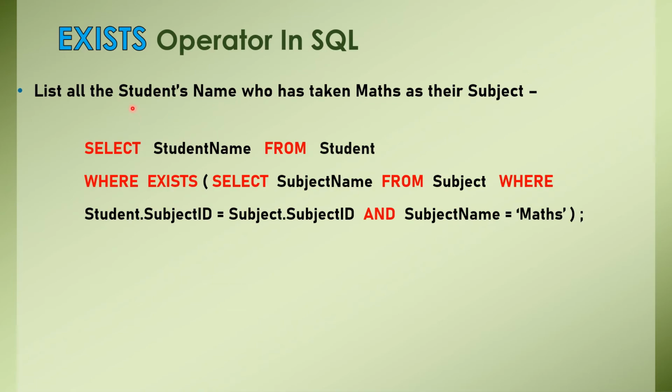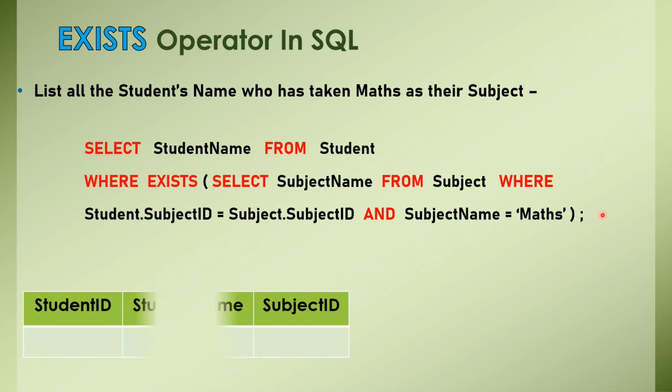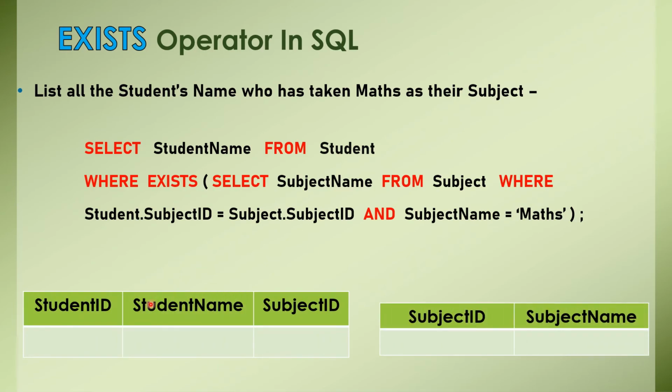Let us understand what the schema for these tables is. Without understanding the schema, it can create confusion. So let me give you the tables here. This is the student table, this is the subject table. You can give any amount of data as per your requirements, and you can run this query. You need to give a student id, student name and subject id, and here you have all the subject names with the corresponding subject id.